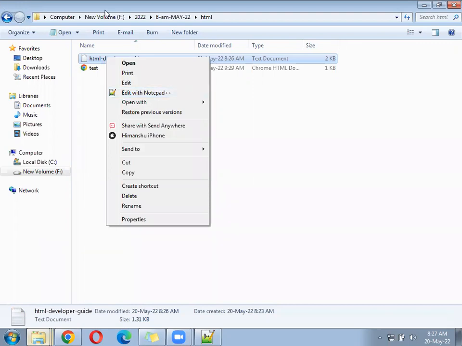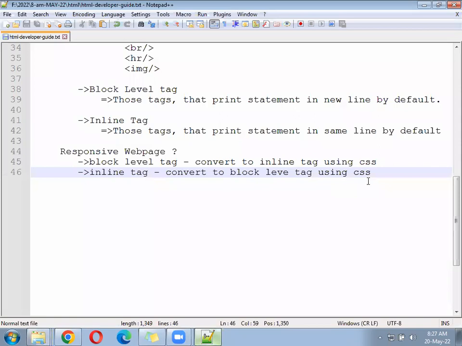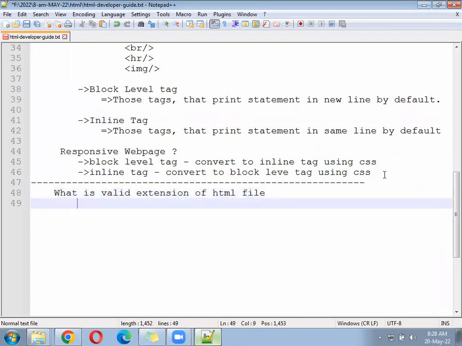Next, go to the developer guide page and write a question somewhere: what are the extensions of an HTML document? What is the valid extension of an HTML file? When you are creating an HTML file, what will be its valid extension? The first option you can give is .html. The second option you can give is .htm. Both will work, but